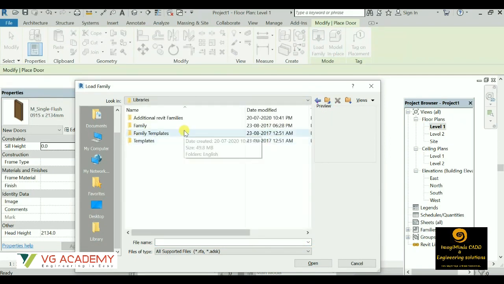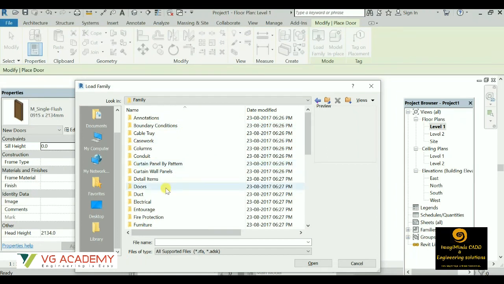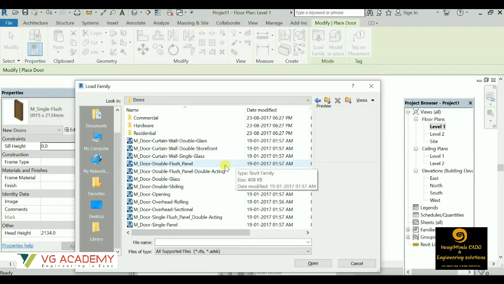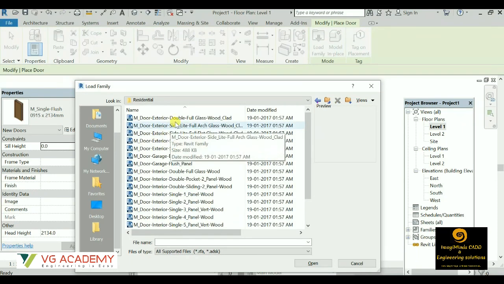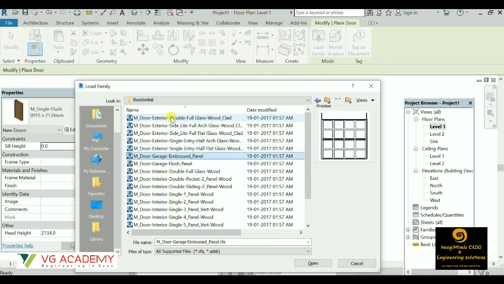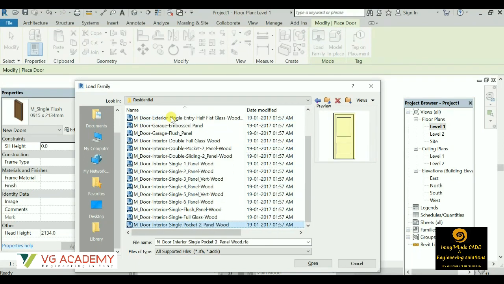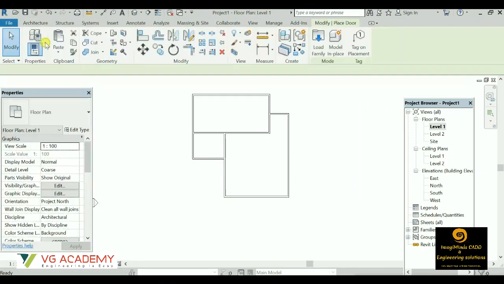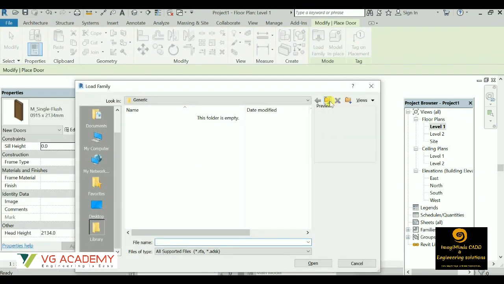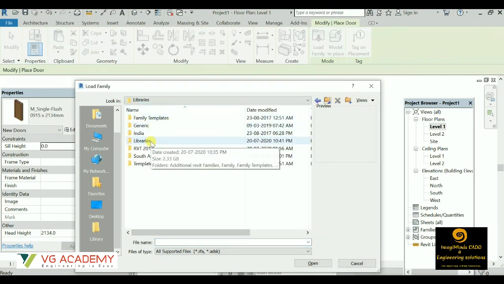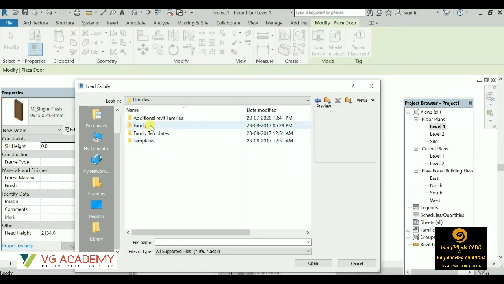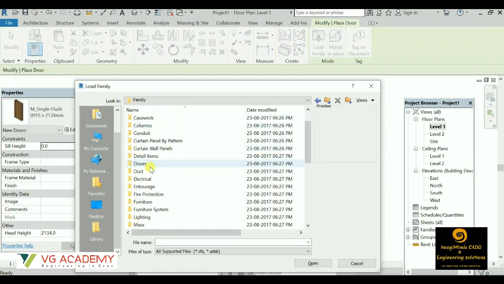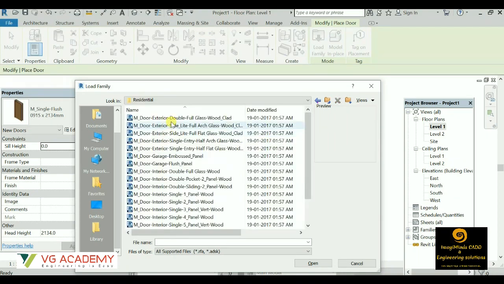Like there are a lot of different types of doors that are saved over here. So I'll get this residential one. So from there you can choose the different types of doors. I'll show you once again, like from where to choose. So first of all, you have to select this door, load family, preview. So in this library, the families will be loaded. Then family. Then you have to go to this door option, residential.